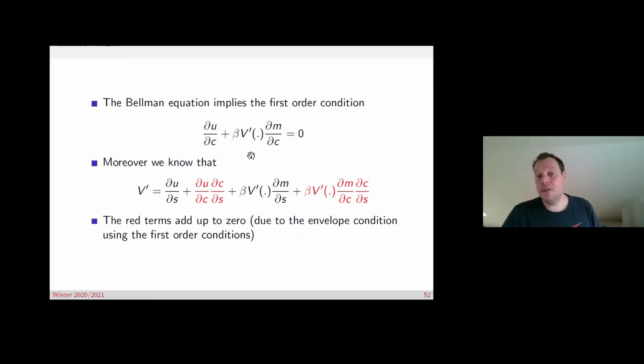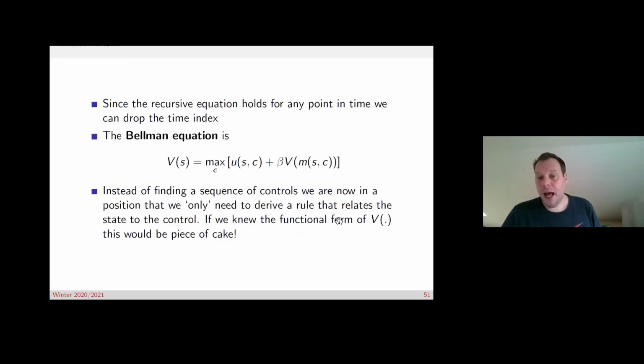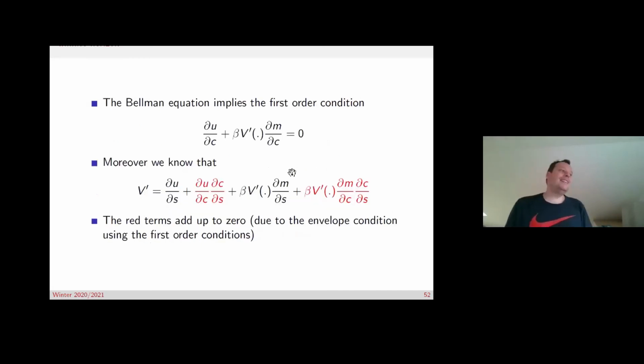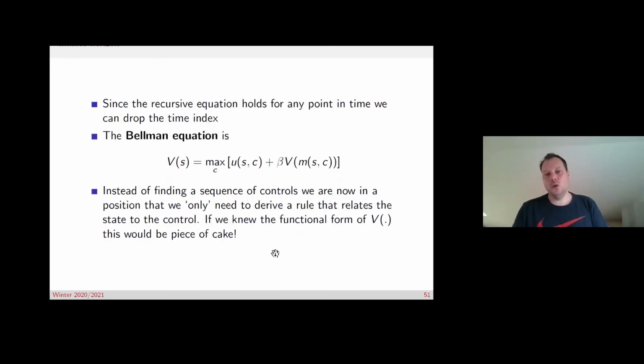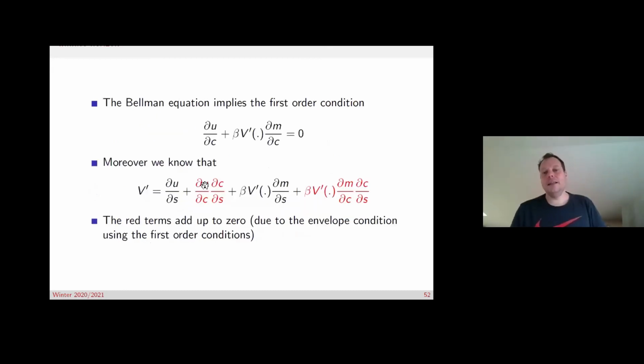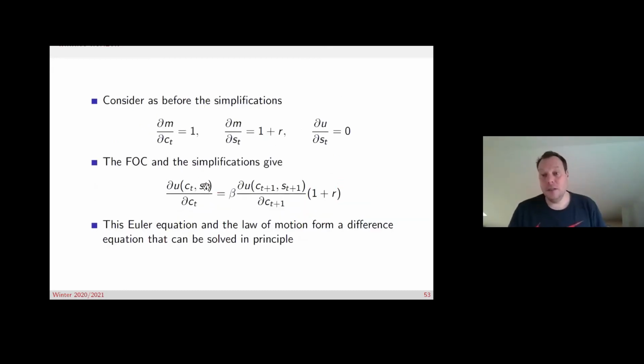Okay, this is possible. So I told you that it would be super helpful to know the value function, but in some problems it's not necessarily super decisive. If you think about a very simple, say, Ramsey growth model, you could solve this using a Bellman equation without explicitly writing down the value function. And I guess if you have had macro master's courses, this is a thing that you might have come across maybe.